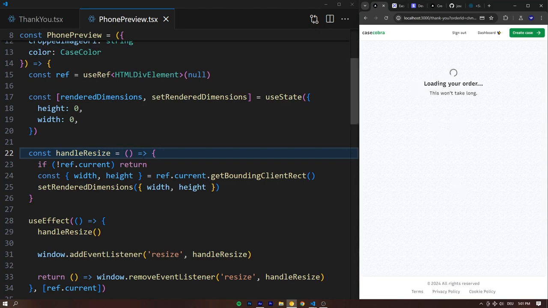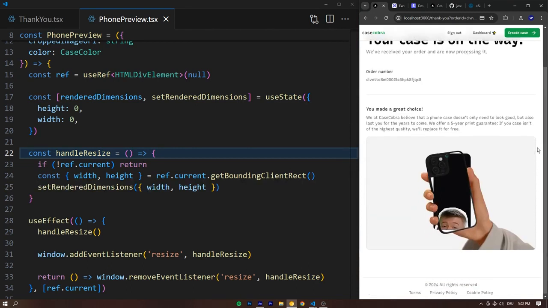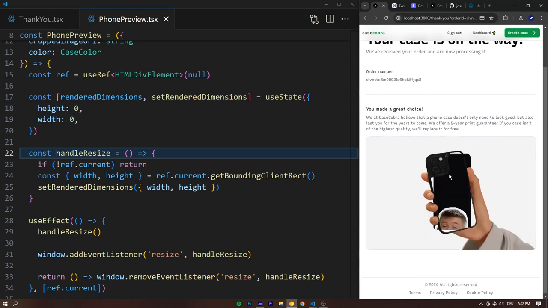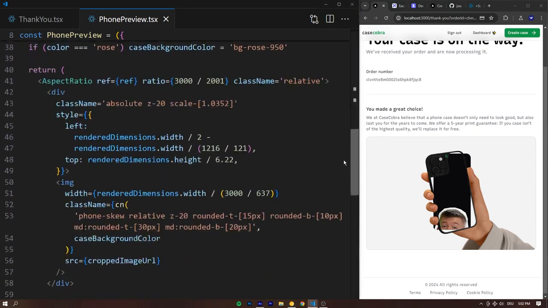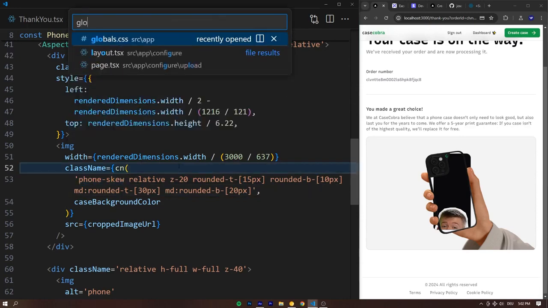Now the user element will actually be resized properly. And well, nice, that's good. It's in the right position, but it doesn't look perfect yet. The user image is kind of off, right? It's not tilted in the same way as the phone. And to fix that, that's actually exactly what this phone skew property is for, that we're gonna create right now